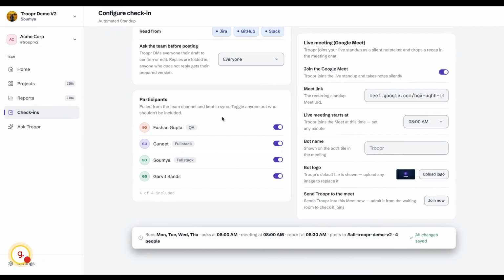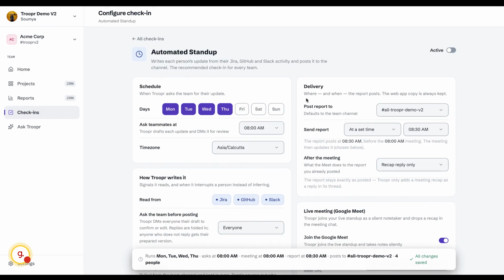There's also delivery, on where to post the entire Troopr report. You can select the channel from a Slack workspace where you want a report to be sent about what is blocking, what needs attention, and each update of your team members. When to send it, and do you want Troopr to send a pre-read and a read of what happened on the call, or do you just want to send the recap or an updated report and all of the other